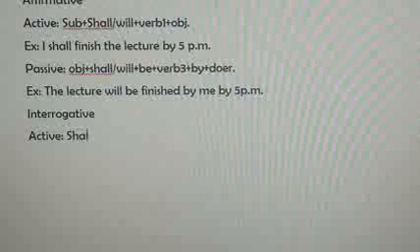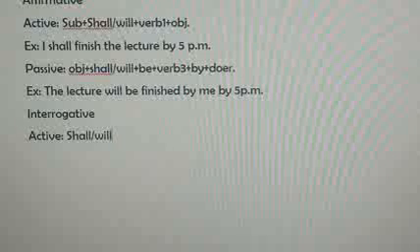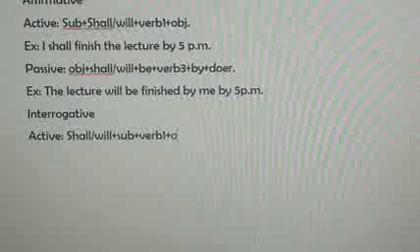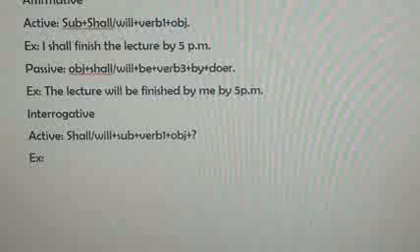So shall or will, which is the auxiliary verb for future tense, will come before the subject. After that, the first form of verb, and then I will place the object along with the sign of interrogation.